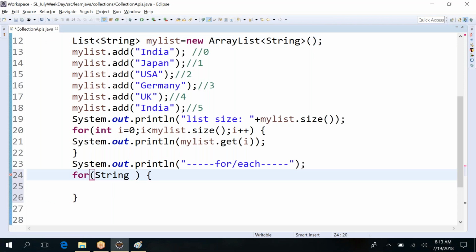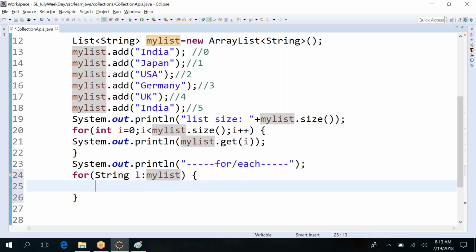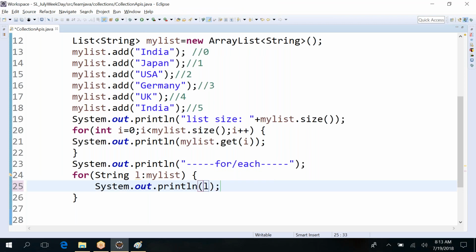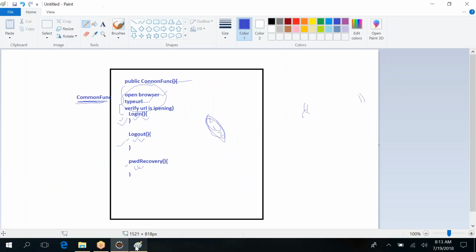Now you can give any variable, say L colon, which one? Which list you wanted to point? My list. That's it. I am printing L. What is happening? You don't need get and all. What is happening in this case,